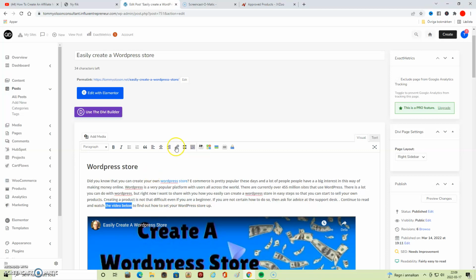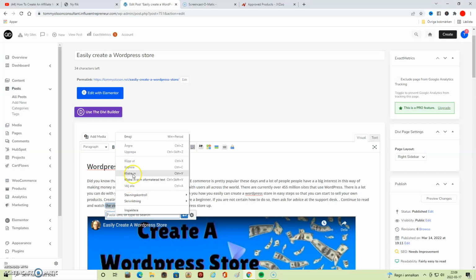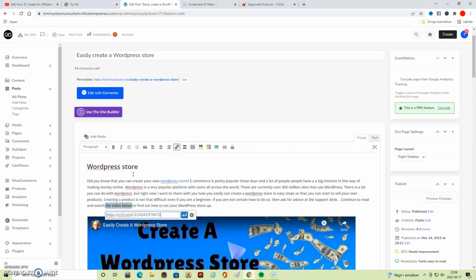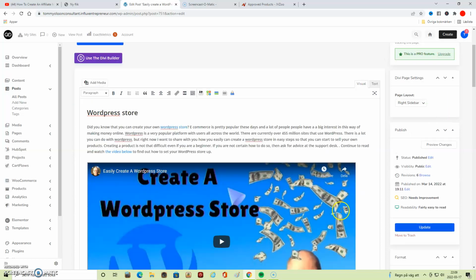Then you click on this symbol, the chain, the link sign, and then you simply put it in there. So that's an easy way, if you're a newbie, a beginner, to start marketing an offer.